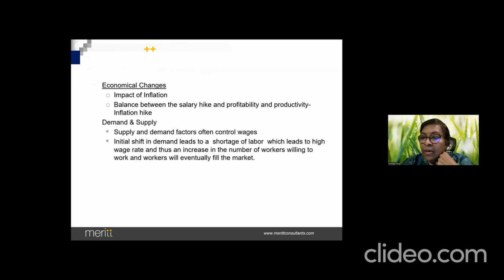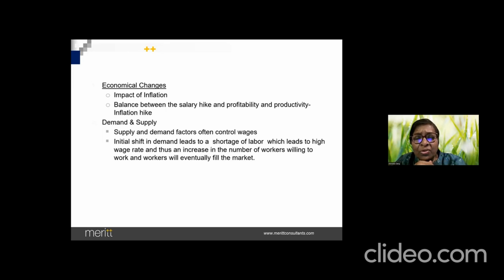And obviously, demand and supply of talent or labor has an impact on compensation, because if there is a shortage of supply of certain skill sets which you are employing, it will have an impact. Any talent acquisition head here would have noticed that suddenly